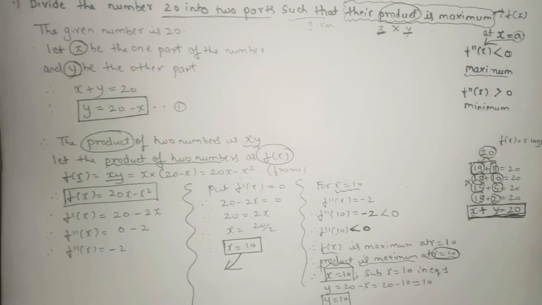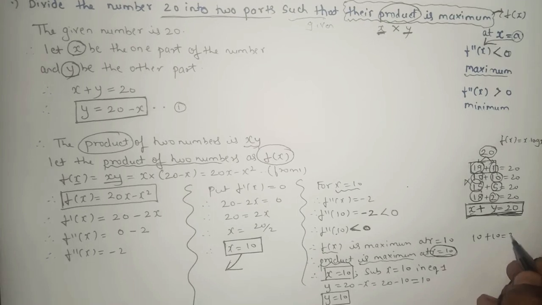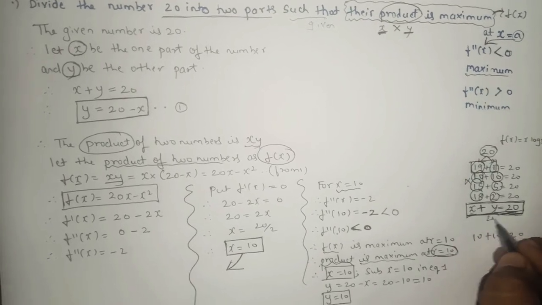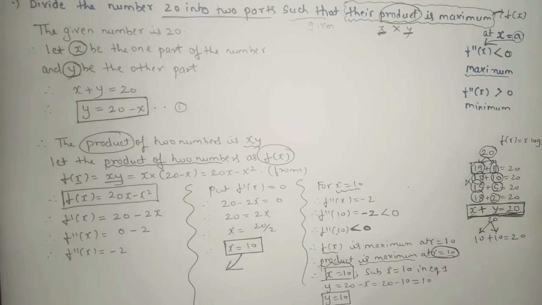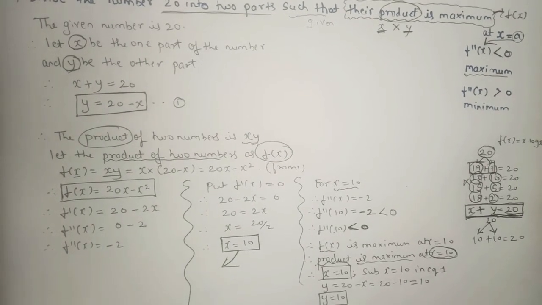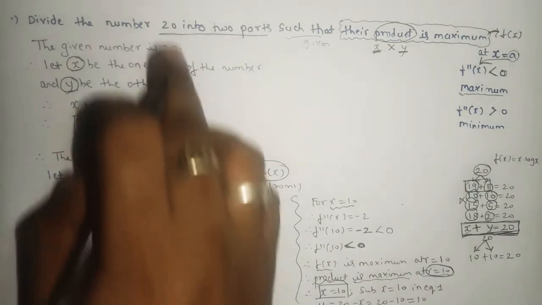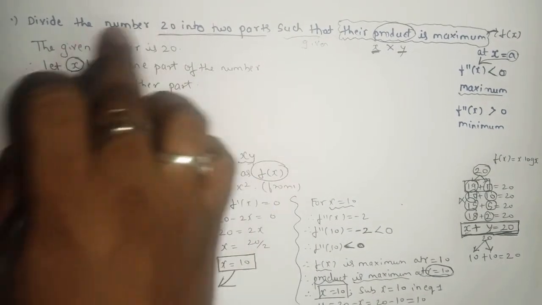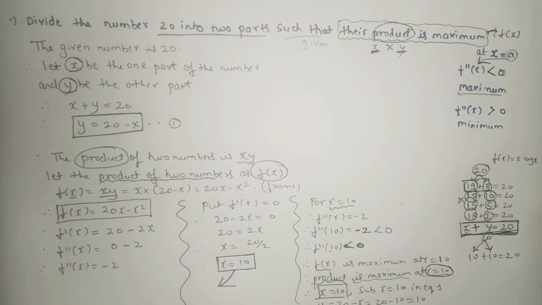Yes or no? When you add the two numbers, 10 plus 10 is equal to 20. So here we divided this 20 into two parts: the first part as 10 and the second part as 10. Understood? It is not compulsory that whenever the sum is like this, you divide the number into 20, or into 10, or into 30, and you will get the proper answer. It is not like that.